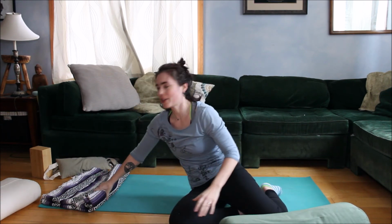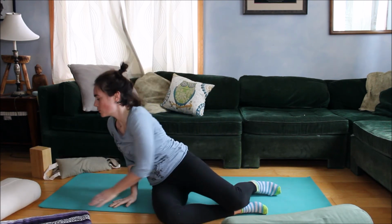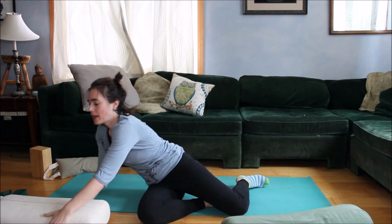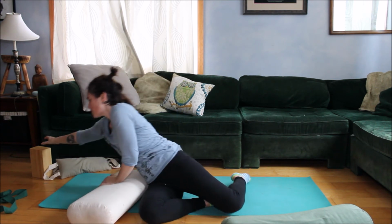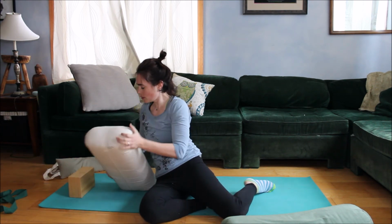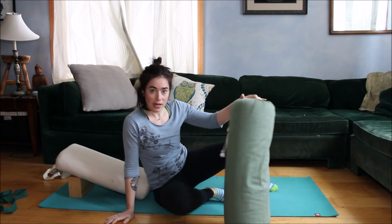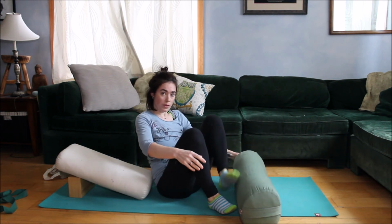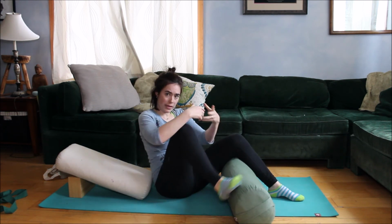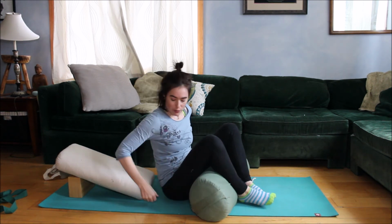So you're gonna make your little incline plane again. I like to do it with the flat bolster and the yoga block. And you can have that yoga block at any of the 3 heights. Usually the middle height is a nice one, but it's whatever works for you. And then you're going to have another either bolster or rolled up blanket, and maybe you need 2 rolled up blankets. You want kind of a big thicker roll for under your knees,